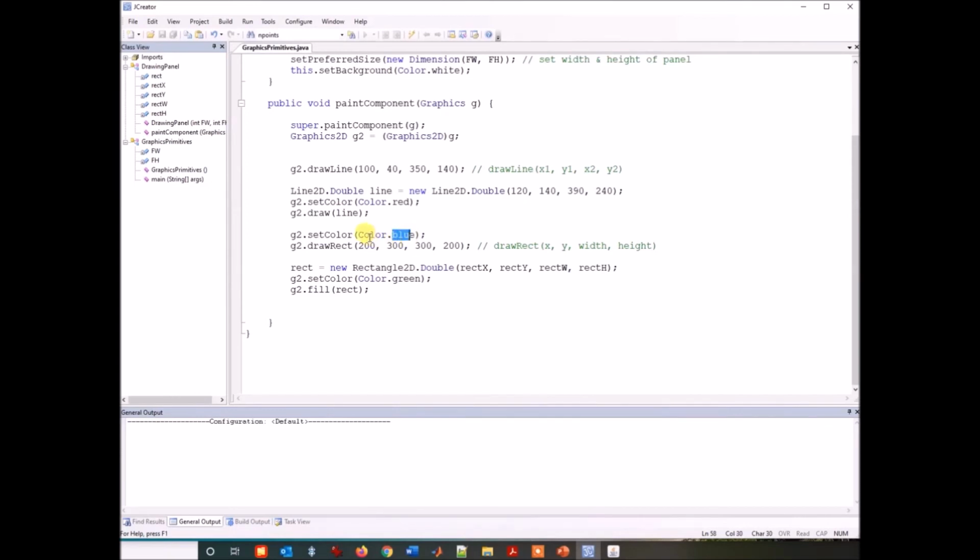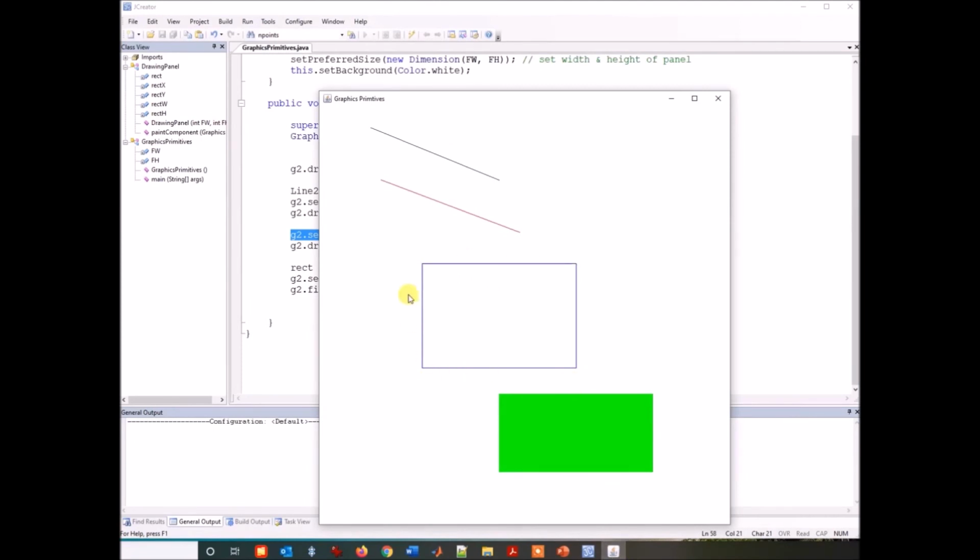So we can just call the method set color, we write the class name and then pass the value for this constant, like blue. So the color is going to be changed by this statement. And then we are drawing the rectangle by the method draw rect. We are not creating an object right now for this rectangle. So we call the method draw rect. We specify the top left corner of the rectangle and the width and height of the rectangle. So this rectangle is going to be shown on the screen because we directly call the method draw rect, and since we set the color blue, the rectangle is shown in blue, and this is not a filled rectangle.